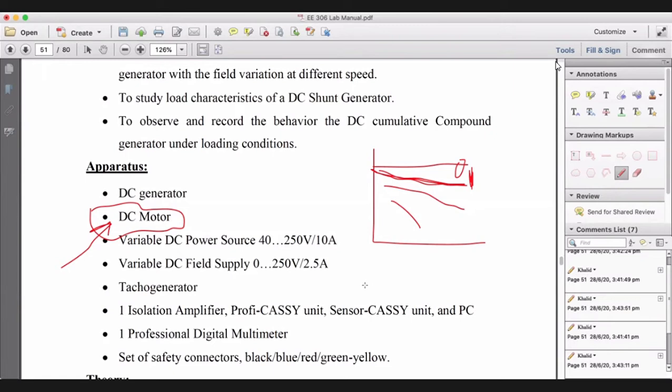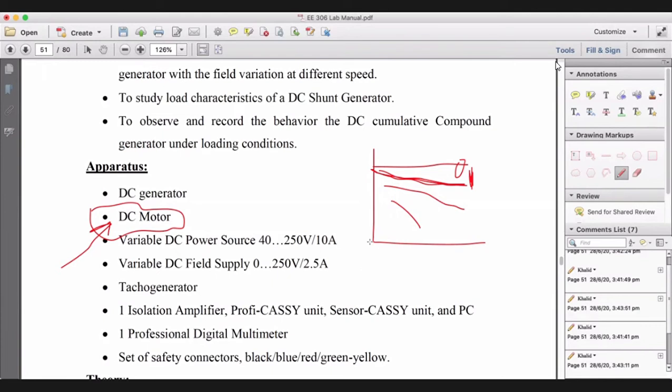But gentlemen, this is because we are basically creating an environment of generation. We don't have wind power. We don't have any other power source. We use a motor to rotate the shaft of the generator. In other words, this motor is my hydropower plant. This motor is my wind power plant. You can guess like this. Understand? That's why we have a motor.